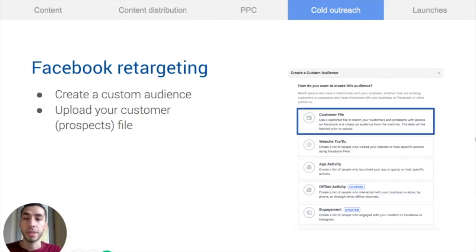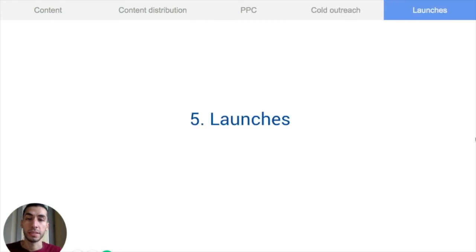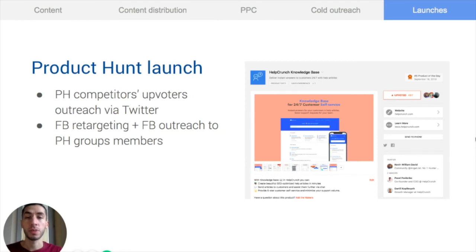So yeah, you can again do Facebook retargeting. It's very simple. You get your whole list of competitors' users, upload it to a Facebook custom audience as a customer file, and yeah, that's basically it. What are some other creative ways to target your competitors' users? Do launches. This is great if you haven't launched your product yet. Let's take a look at some of the tactics to do it. So a Product Hunt launch lets you